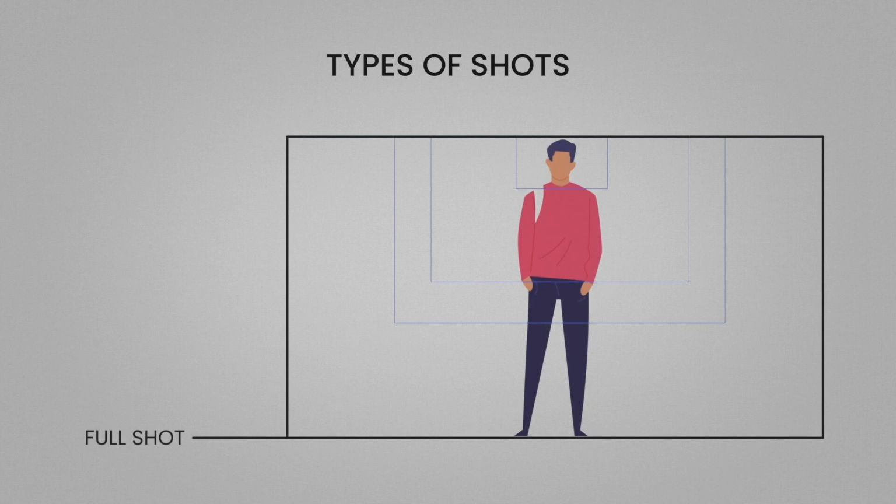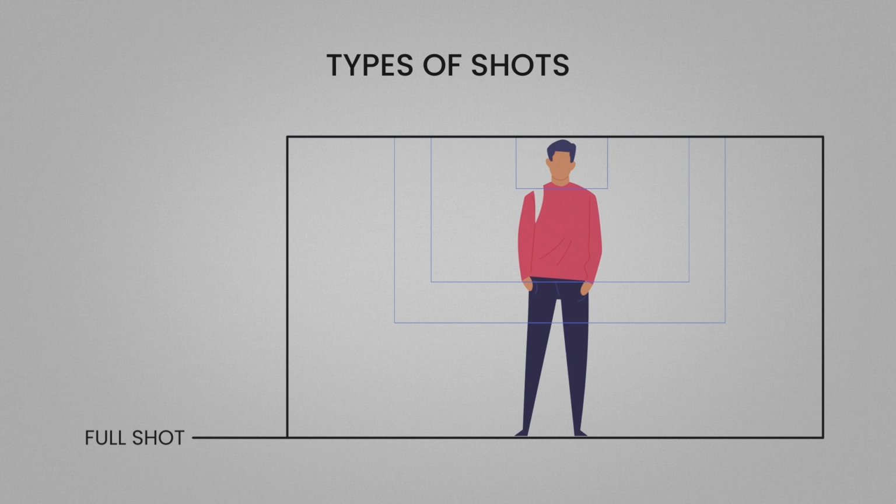Whether you're a beginner or have experience creating videos, this tutorial will give you helpful tips and techniques to improve your skills. Let's get started with different types of shots. These determine how much of the actors and setting will be seen in the shot. The wide shot shows the actors in full length and the setting they're in. It is usually used in the opening shots so that the viewer can orient themselves to where the action is